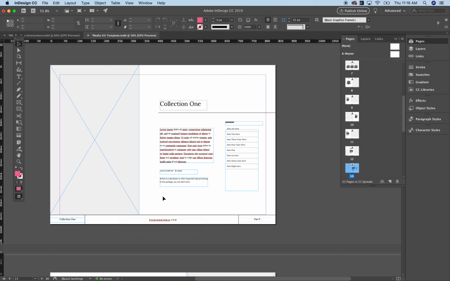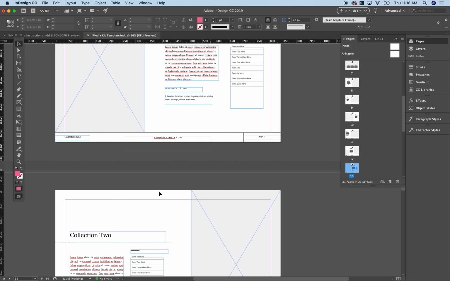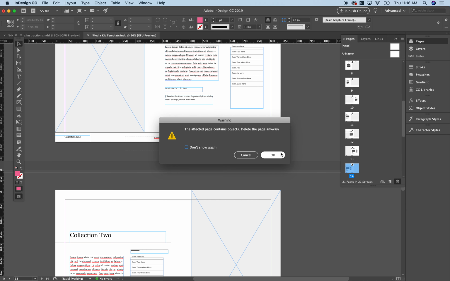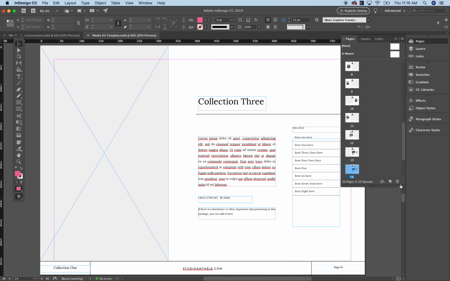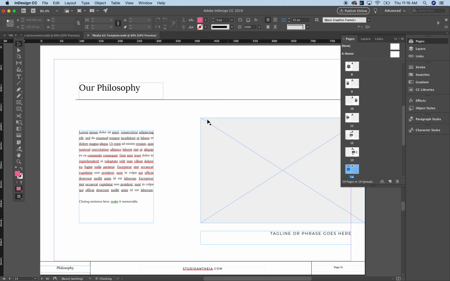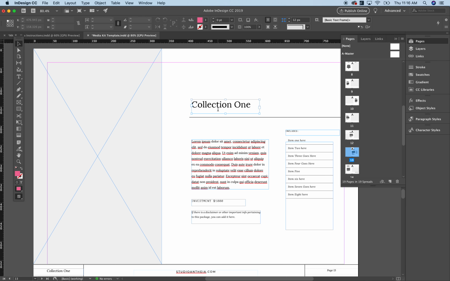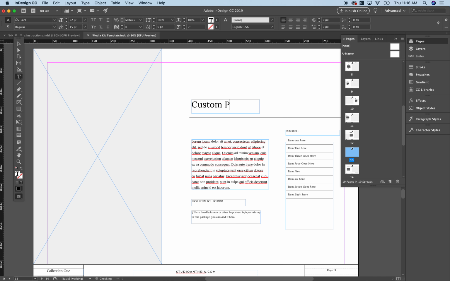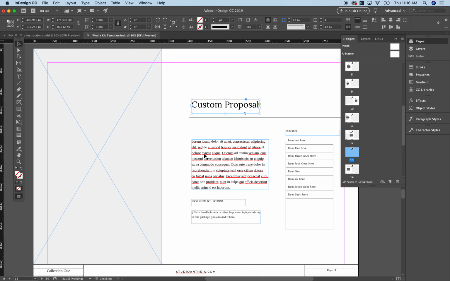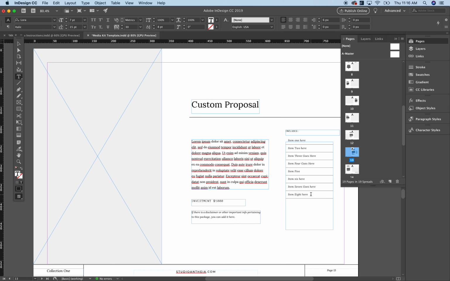If you do custom proposals, which is actually what I do, then I just delete 2 of these pages, and so I just leave 1. So I would just delete this, and then here I would put custom proposal, or I would put the business name for who I'm giving the proposal for. I would do the same thing here about the project, and then I would list everything that their custom quote includes here,